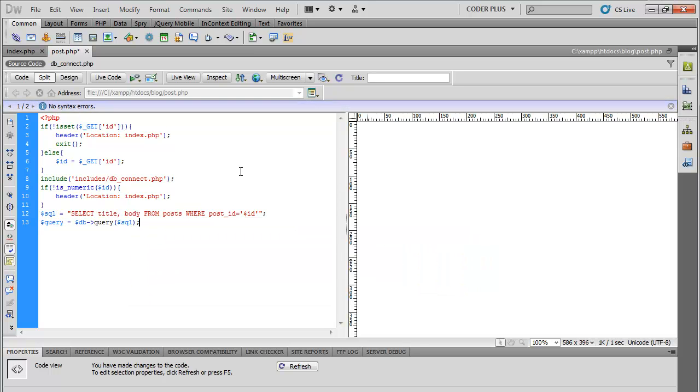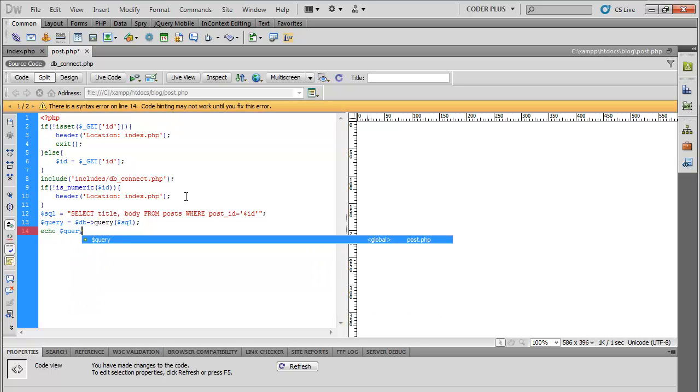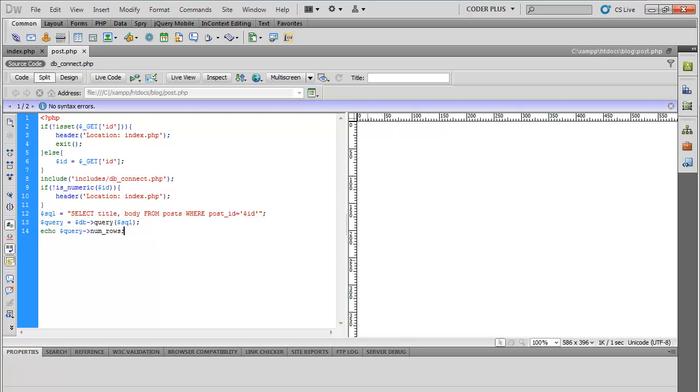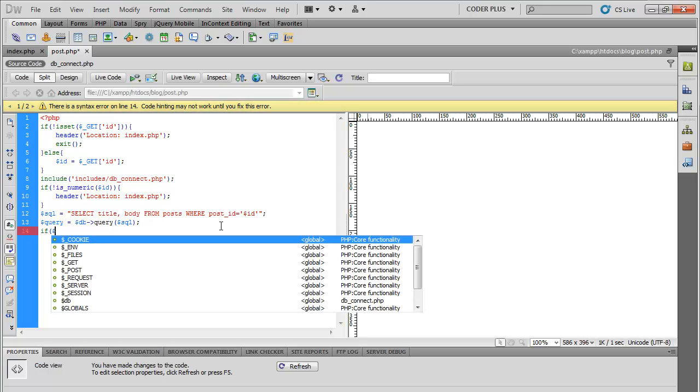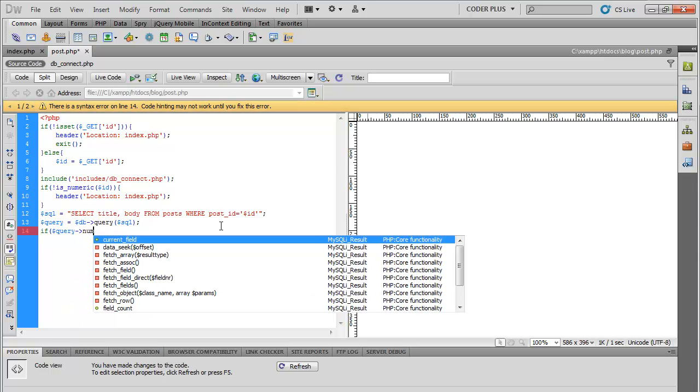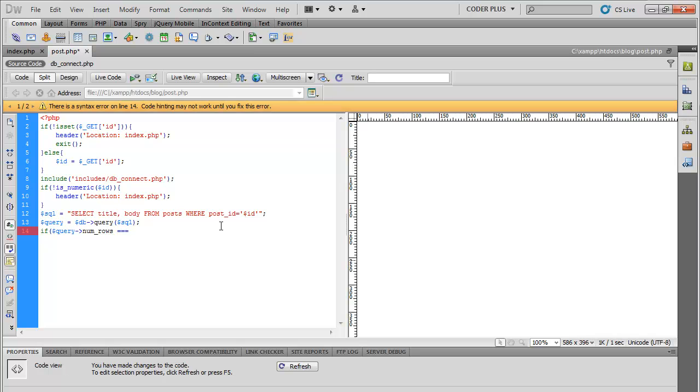Now we have to check to make sure that the ID is actually found in the database. We can do something simple for error checking to see if everything works. Let's do num rows. I'm going to echo that out. If I refresh this page, we should have one. It should only be one for each ID. So now we can do this. If query num rows is exactly one,